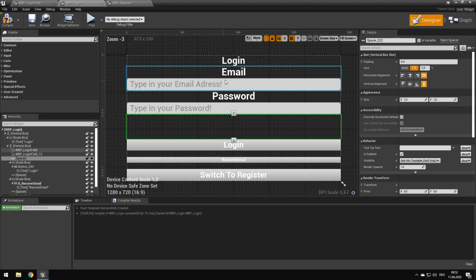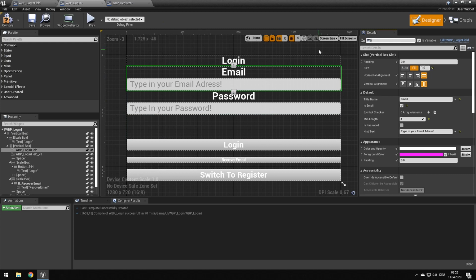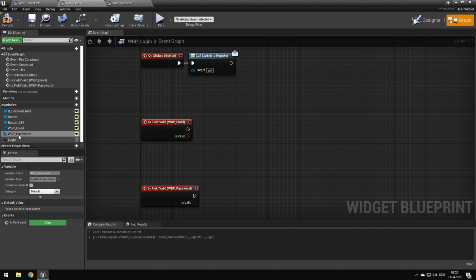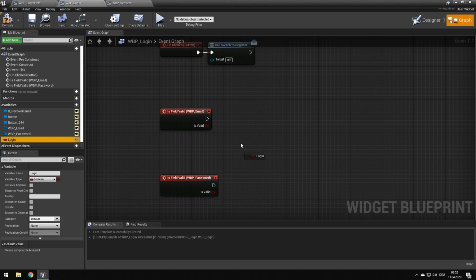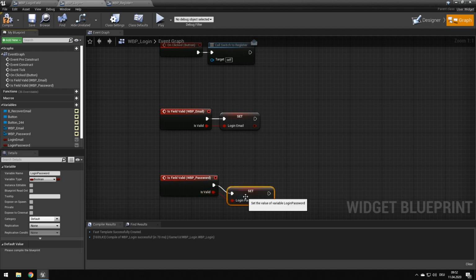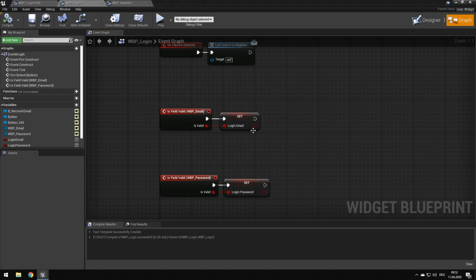Okay, I should also rename them. So widget blueprint email, widget blueprint password. There we go. And if email and password is right, so if this is valid, we just set this to our login email, login password. Yeah, it's actually right. Okay, so we set this to our login email and password,